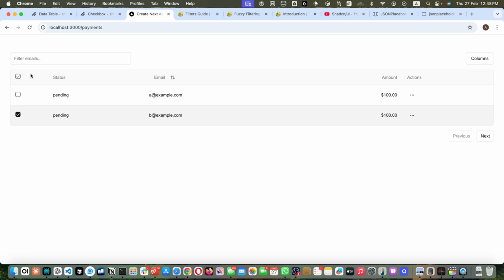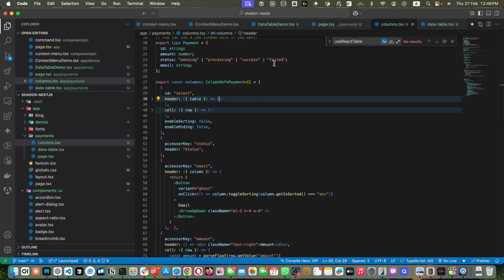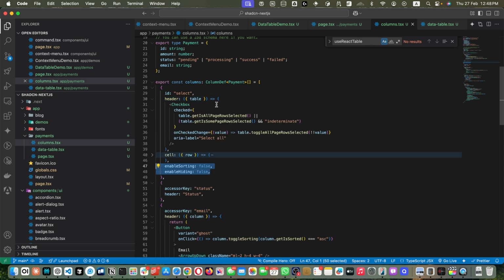You cannot sort it because this is a checkbox. You cannot show the check mark column in the columns drop down because you never want to hide it. So that's why we had to set them false. And in the header we have the header function, and we are returning a checkbox Shadcn component with the checked